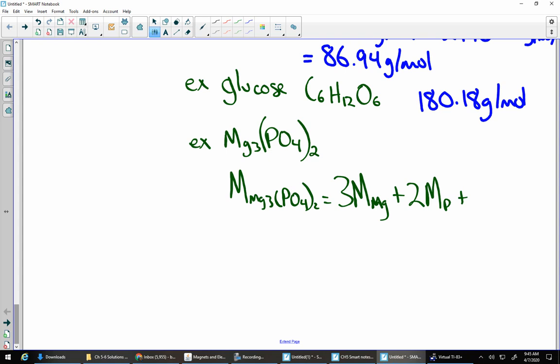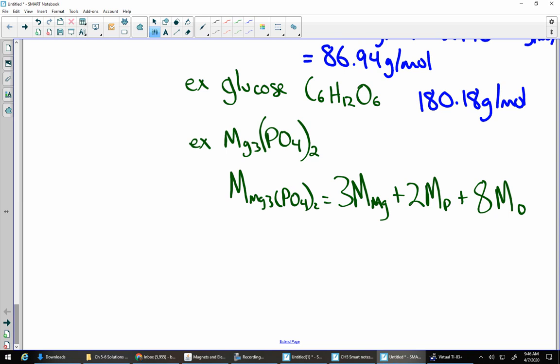So 2 phosphates, each phosphate has 4, so that means 8 in total, so 8 times the molar mass of oxygen. And we're spreading it out, we're showing our work like this just to make sure that we understand everything that we've got. So when I go to my periodic table, just writing a note on my whiteboard off to the side,